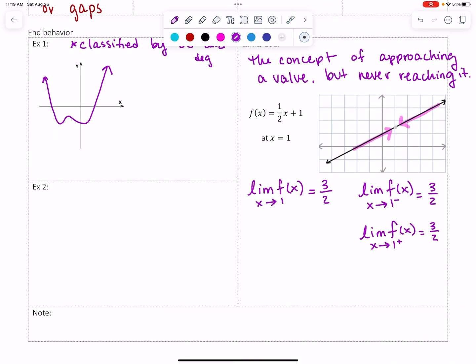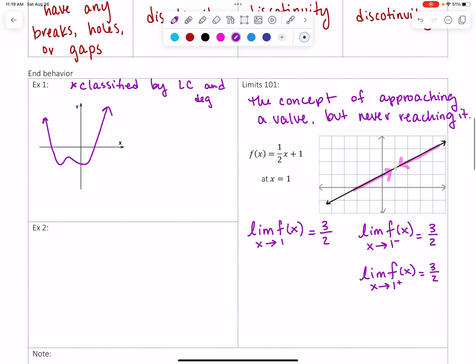So when we're talking about the end behavior of this function, this one is going to be going towards positive infinity, and this one's going to be going towards negative infinity. So let's go back over here to our example 1, and let's talk about our end behavior using limit notation. So we're going to have the limit, and let's just call this g of x, the limit of g of x